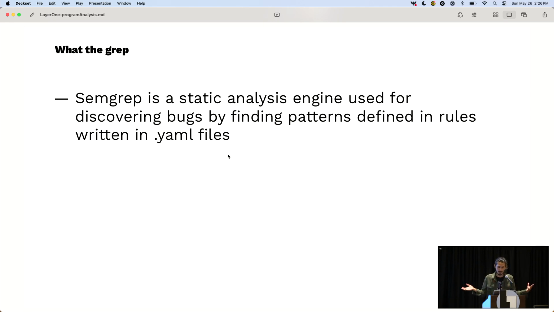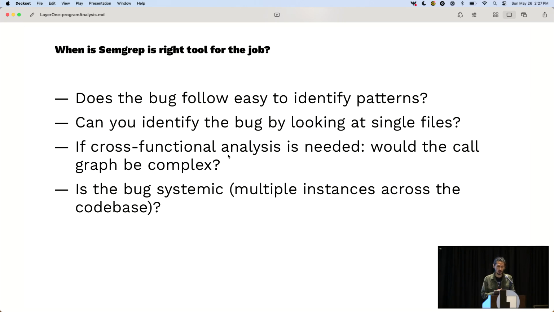I know YAML is not the favorite of many people, but it's super simple and super easy to use. Now, you usually want to use it when the bug that you're trying to catch should be easy to identify in different patterns, if you can find the bug looking at single files. It's not very good at